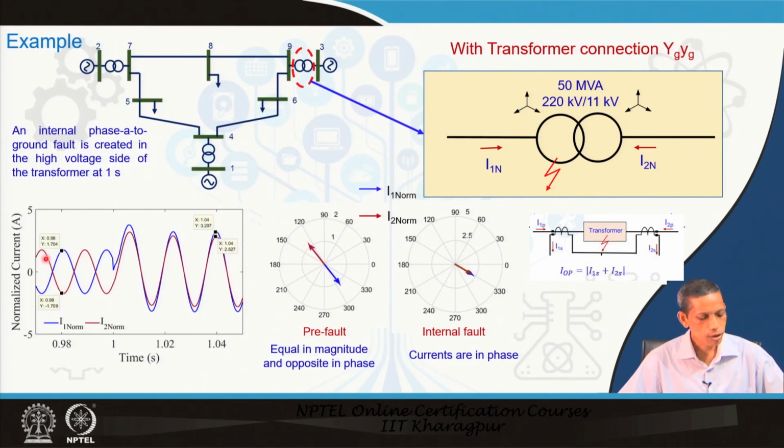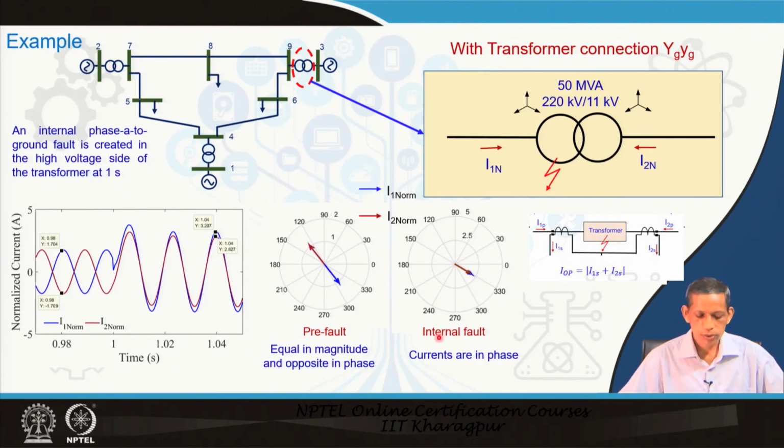So, you see, during normal conditions they are 180 degrees out of phase, and during internal fault situations the phase angle is 0. So, these additive things make the operating current significant, and the subtractive things make the operating current negligible. That is what is desirable, that the differential current during normal situation should ideally be 0, but during an internal fault situation in this region, the differential current should be significant, and this phasor gives us that.